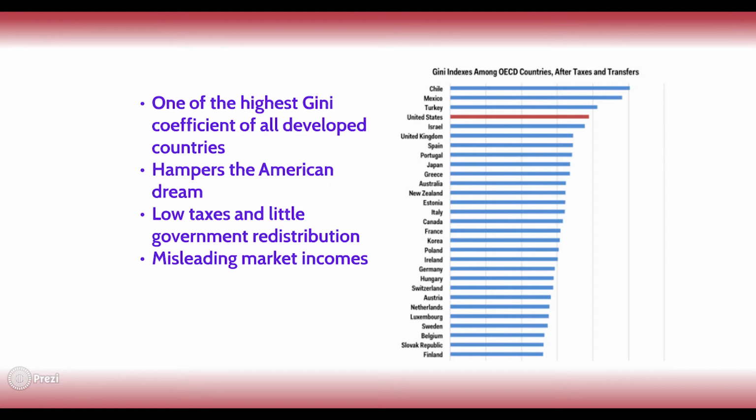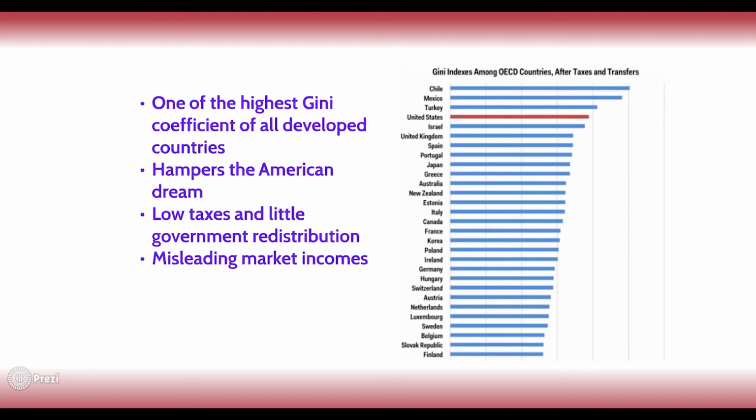The US has a pretty equal Gini coefficient compared to other developed countries before taxes. But after taxes, it's very high, thanks to low government redistribution in the tax and transfer system. Then there's the market income. The market income is a person's total income before taxes and excluding any income from government resources. In the US, people retire later relative to other developed countries, and thus those countries seem to have a greater income inequality before taxes, as they have zero or low market incomes.